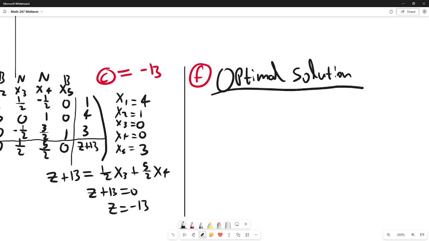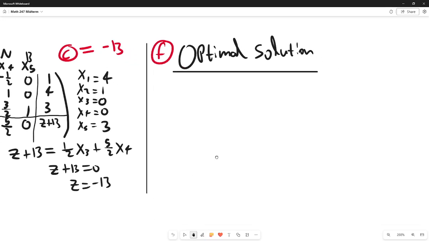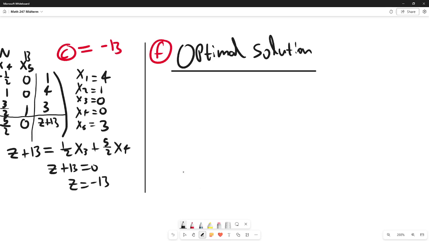Why, you may ask? Well, we're going to be using the stopping rule. The stopping rule says if all of the